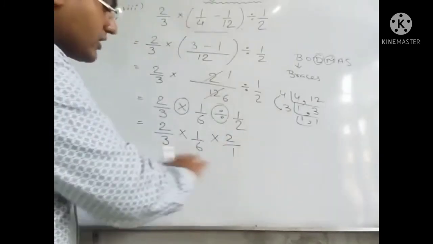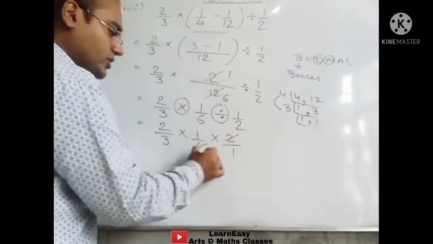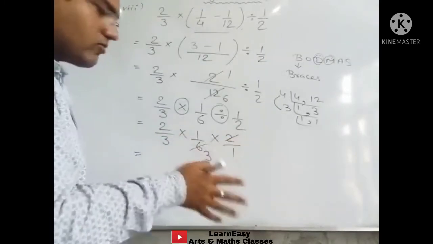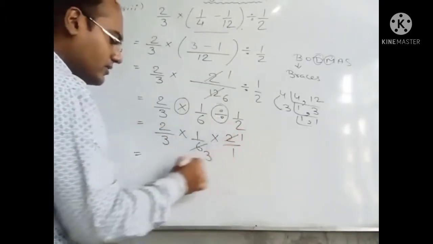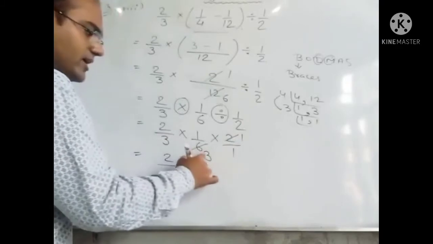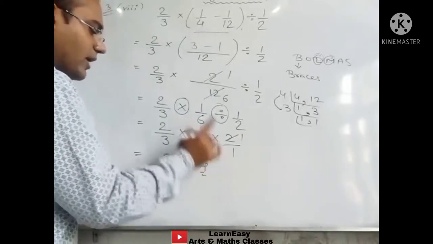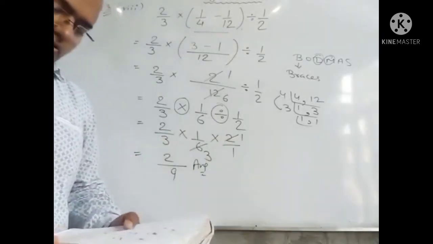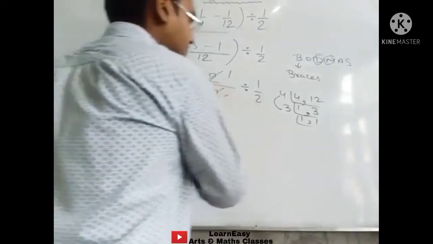Now here all the things are in multiply. So what we will do, we will cancel them. 2 threes are 6. Then nothing will get cancelled now. We will multiply all the numerators. 2 multiply 1 multiply 1 is 2. 3 multiply 3 multiply 1 is 9. So the final answer of this part is 2 upon 9. Now question number 4, first part of easy.